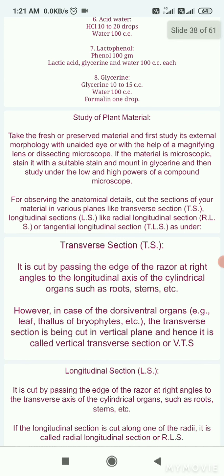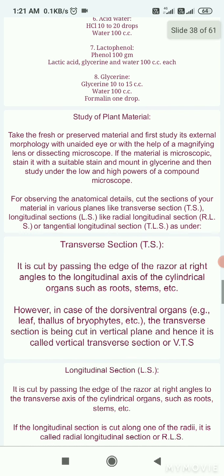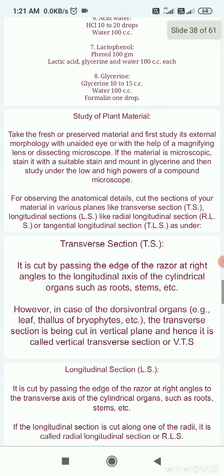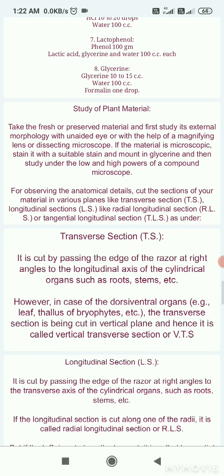we have to take a fresh or preserved material and first study its external morphology with the unaided eye or with the help of a magnifying lens or a dissecting microscope. If the material is microscopic, stain it with a suitable stain and mount in glycerin and then study under the low and high powers of a compound microscope. For observing the anatomical slide, we have to cut sections of the material in various planes